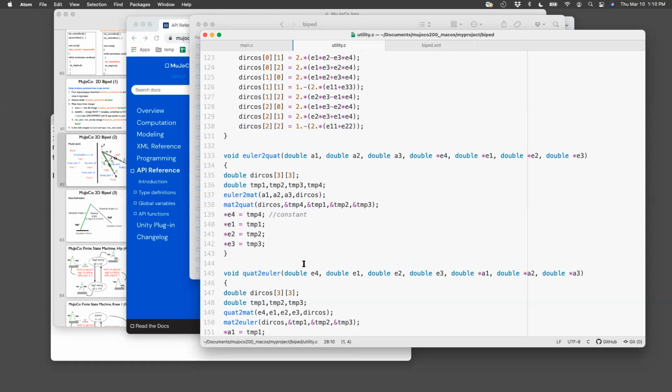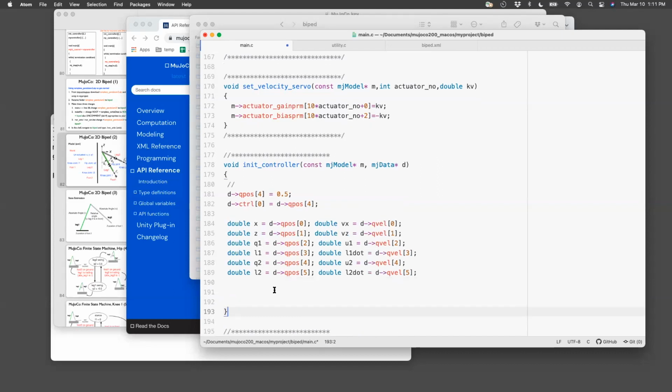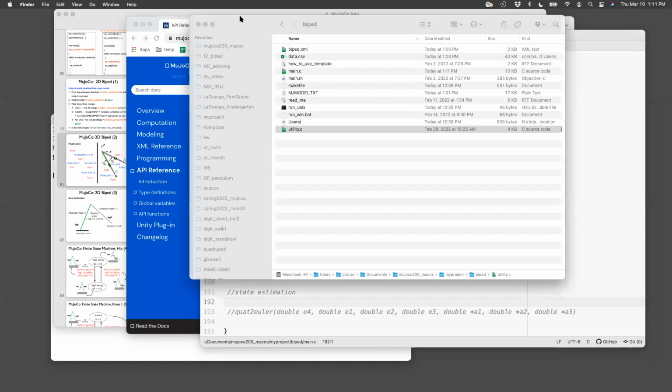So what I'm going to do is extract the quaternion using that variable I showed you in MuJoCo, and then convert that to Euler angles. So I'll have to use quat to Euler. Okay, so I'm just going to take this. This is the syntax I need. Let's go here and just call this part state estimation. I'm going to use this. But before I use this, let me first pull out the